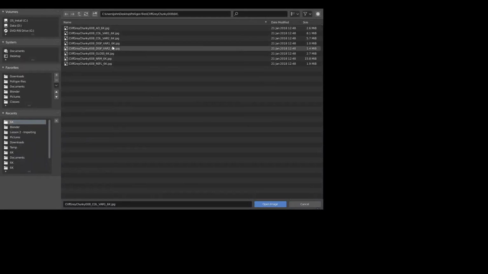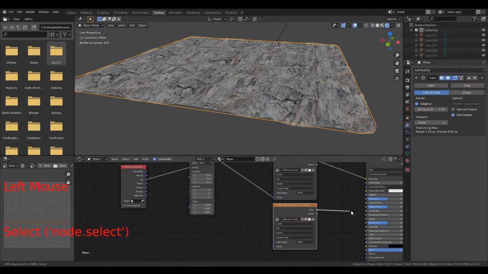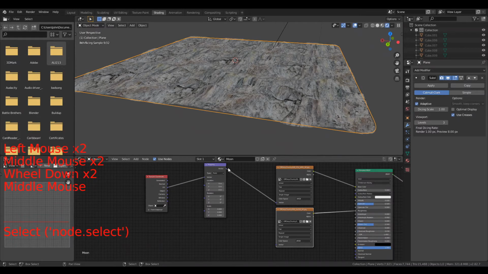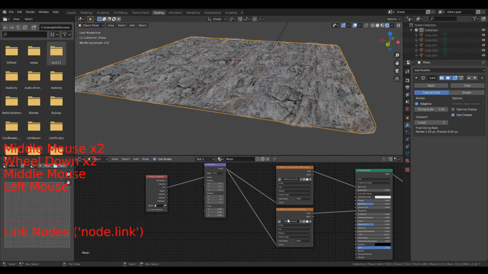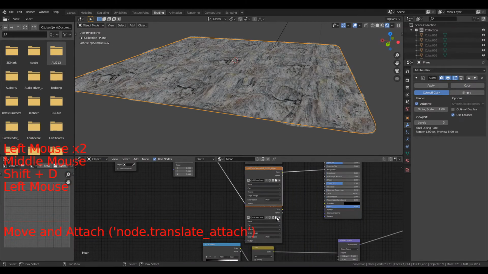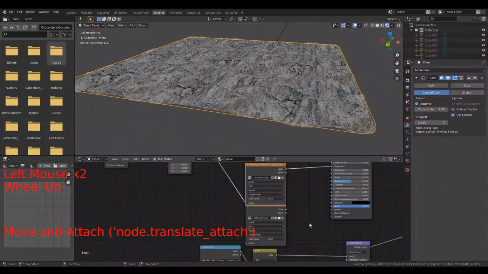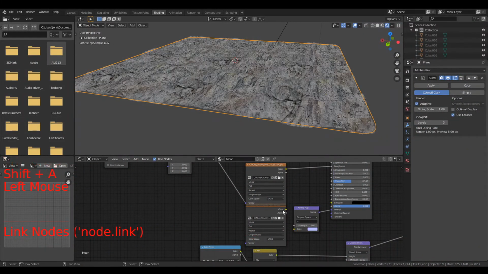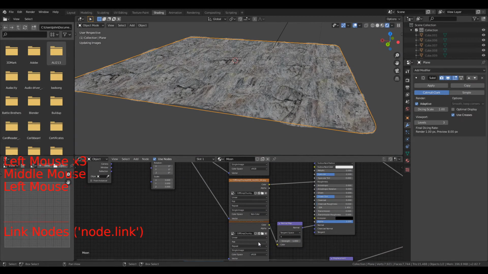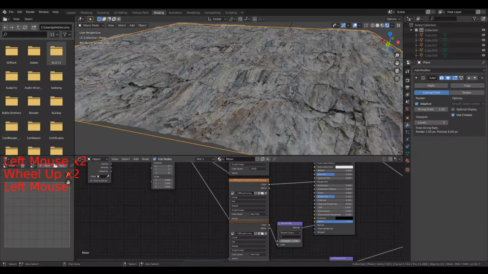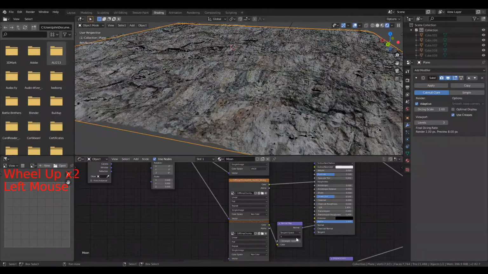Next up, I'm going to bring in the gloss. There, and again I want to use the same mapping node. Next up, bring it to this one, and for this one all I want is a normal. So I'm also going to need a vector normal map to plug that one to here. And I want to set these two both to non-color. And I can actually crank this up now, which will make all of these bumps and things much more pronounced,